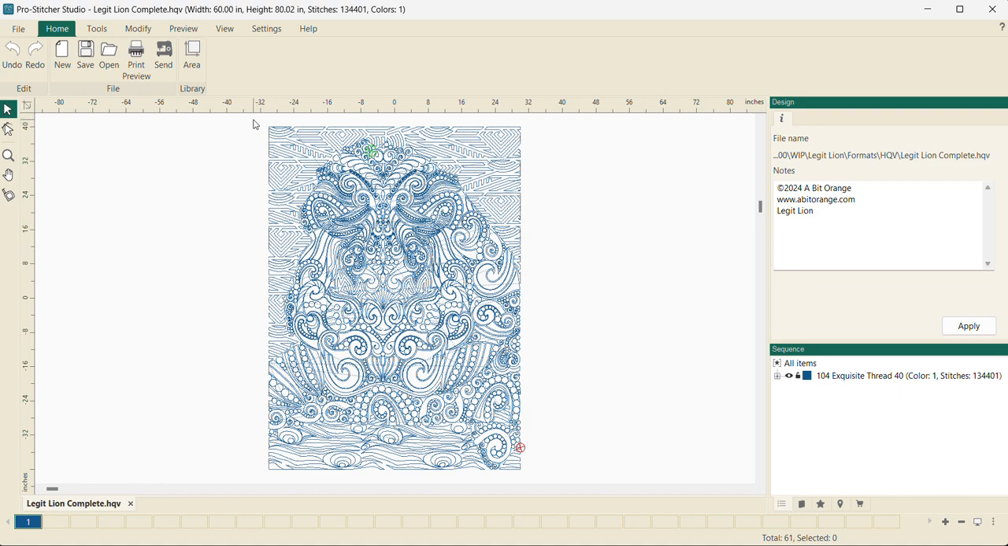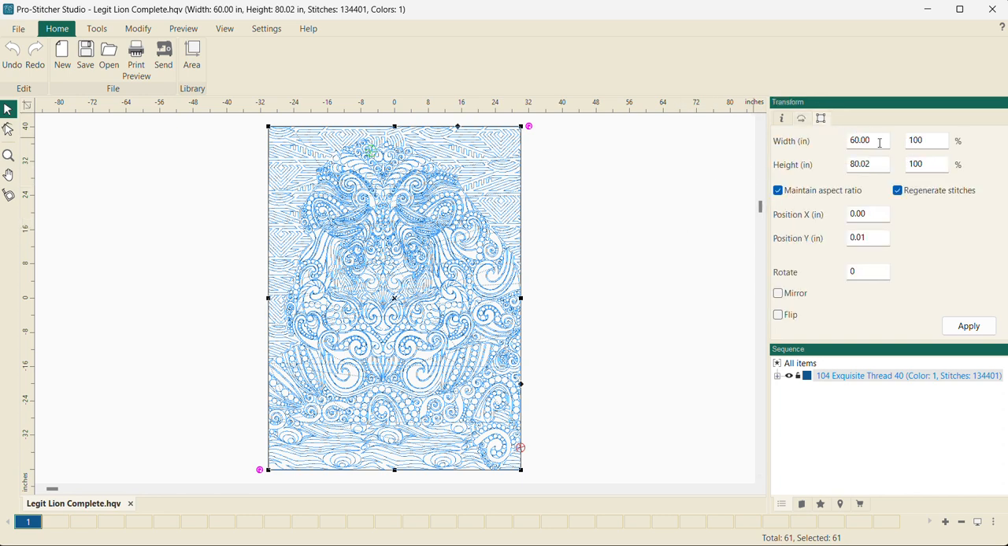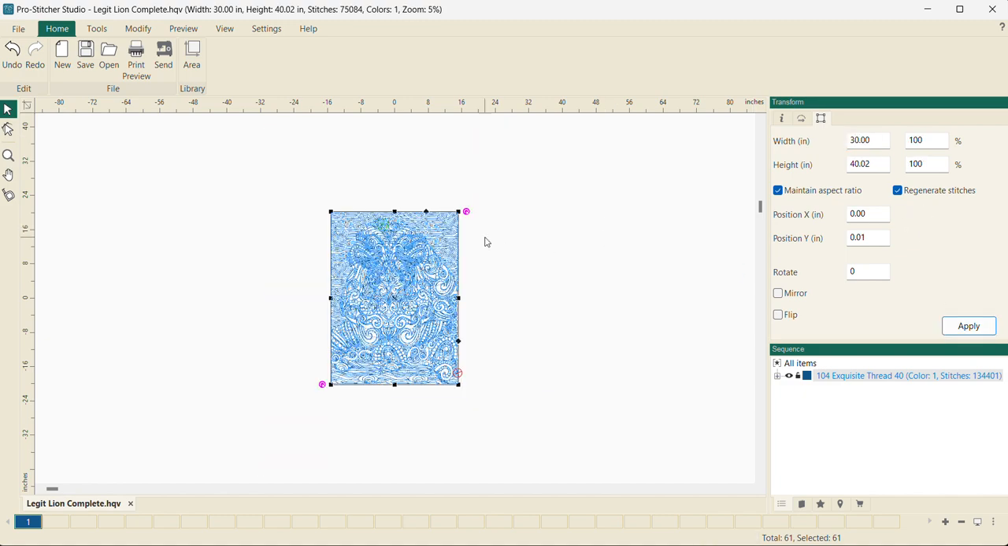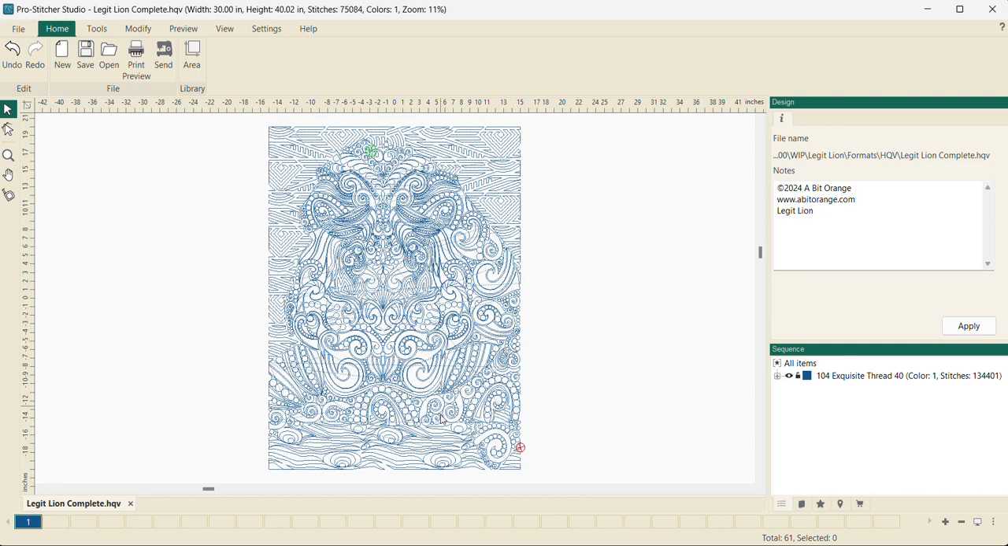So the size of this quilt is 60 by 80. That's for the legit line quilt kit if you make a top with that. But I want to reduce the size to 30 inches by 48 inches. This is about 50% of the actual design. And if you want to see the design up close, you just push the space bar. And you see it's all in one color, but I want to distinguish different segments